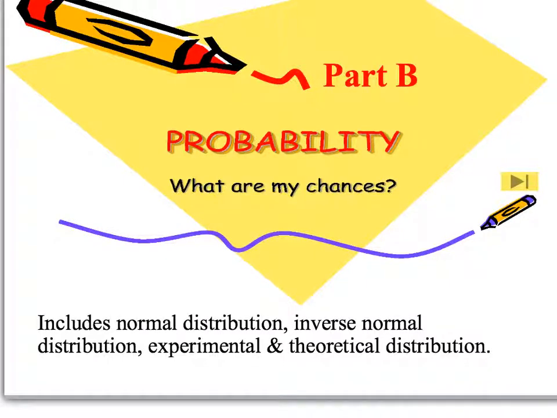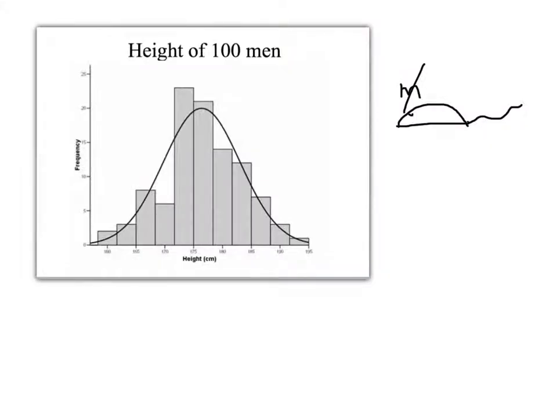Hi, in this video we're looking at the normal distribution and the inverse distribution. And this all began with a mathematician named Karl Gauss. Think of mouse, take the M off, and you have Gauss. He was one of the first to look at the distribution of, it could have been anything, and realize that it formed this bell-shaped curve, which we're going to concentrate on.